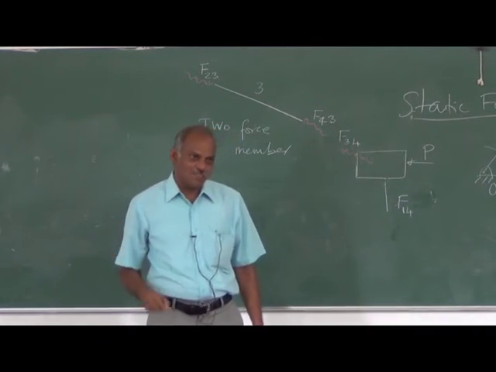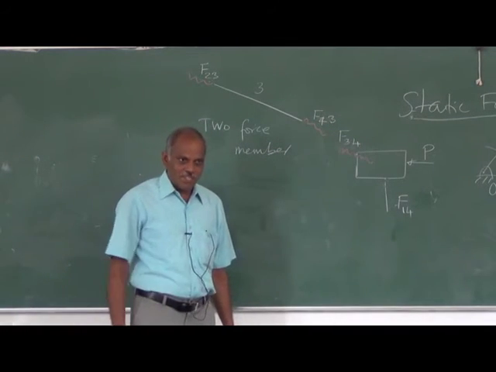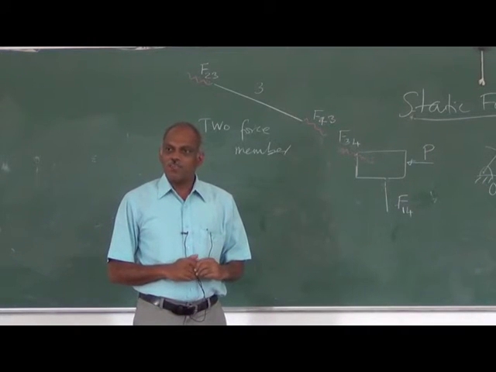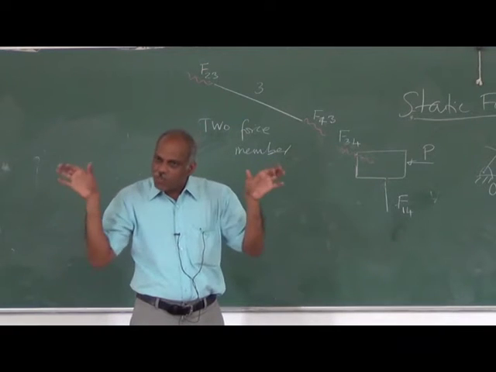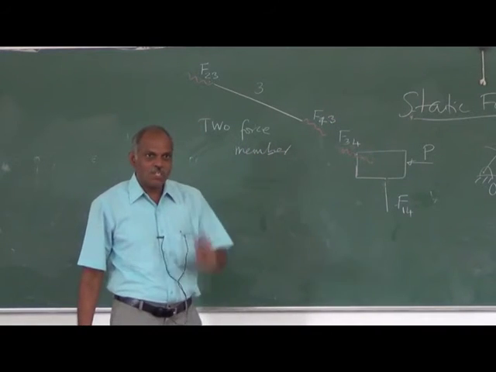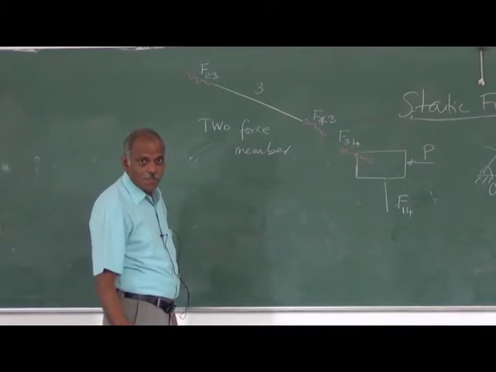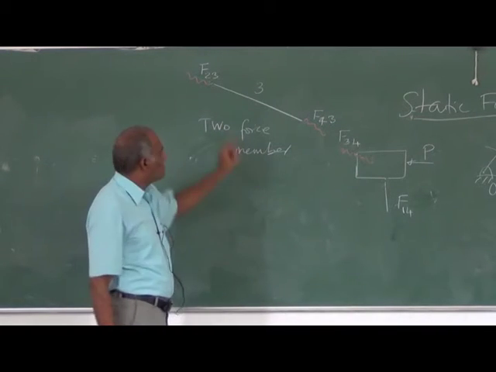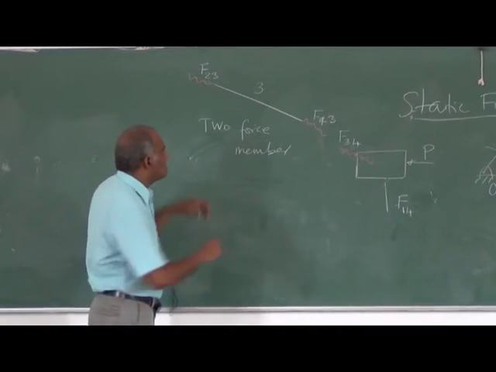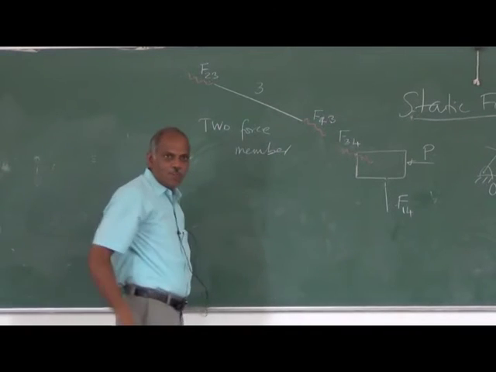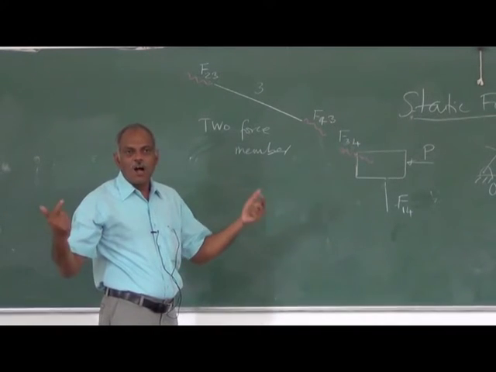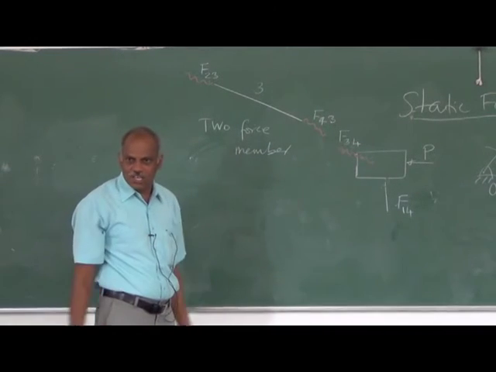The most fundamental of all this. The law of equilibrium says that if two forces are to be in equilibrium, they must be equal in magnitude, opposite in direction, collinear in action. So three conditions are to be met. So this is a two-force member. If this member is to be in equilibrium, according to the law of equilibrium, these two forces, that is F23 and F43, must be equal in magnitude, opposite in direction, collinear in action.